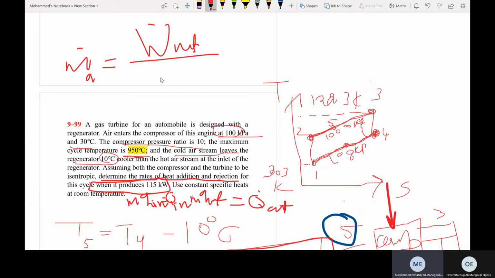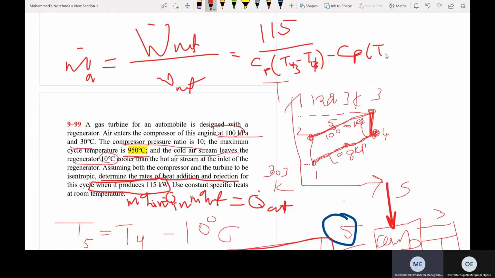W dot net over w net small. This one is 115 kilowatts, and now look at this, it's going to be easier for us because it's Cp (T3 minus T4), the turbine work, because 3 is higher, always the higher minus the lower, minus Cp (T2 minus T1). This one is the compressor, so always turbine work minus compressor work, equal to,